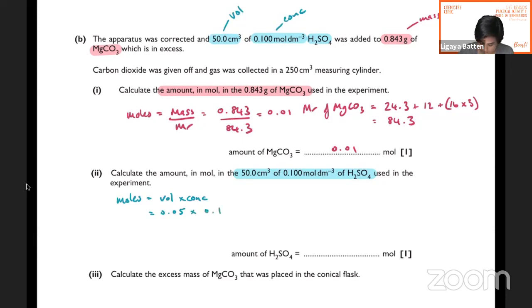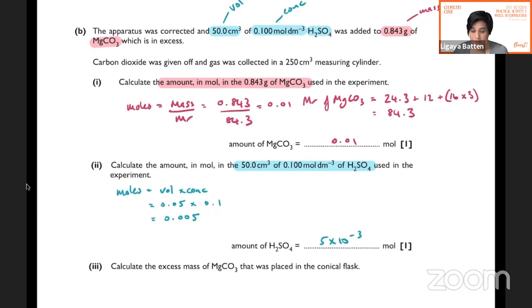So that gives us 0.05, which you can also write in standard form as 5 times 10 to the minus 2. In this case, they haven't specifically asked for standard form, so 0.05 would also be fine. But as you go through A level, you may be expected more and more to use standard form, which is just another way of writing these small decimal numbers that is supposed to make it a little bit easier to deal with. So we've got the amount of moles of the sulfuric acid,